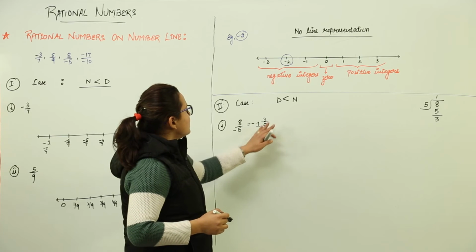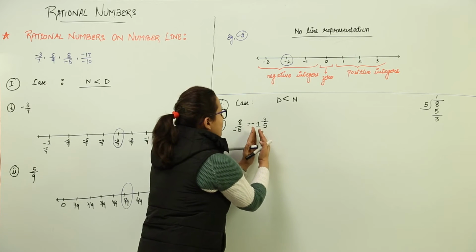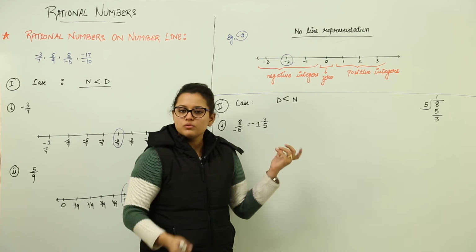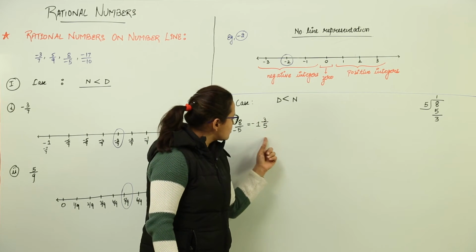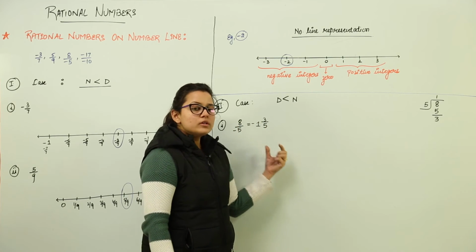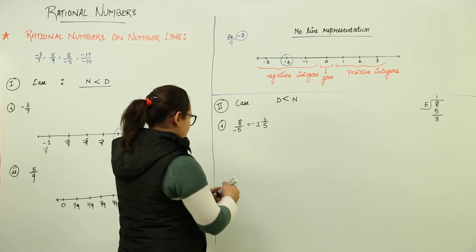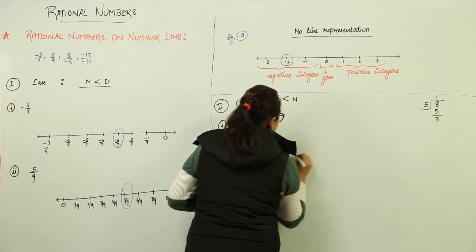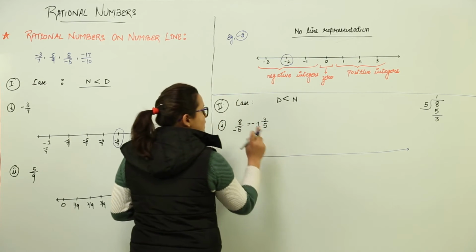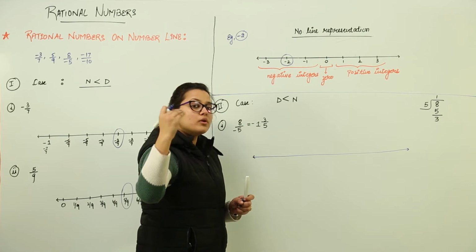Now you can see that this mixed fraction shows this number is more than minus 1. If it would have been minus 1, minus 1 would have come. But this mixed fraction shows that the number is going to lie at a point more than minus 1. Definitely clear about it. Now we'll draw the number line as we have been drawing, and we will be marking the points. Now this is going to lie at a position more than minus 1.